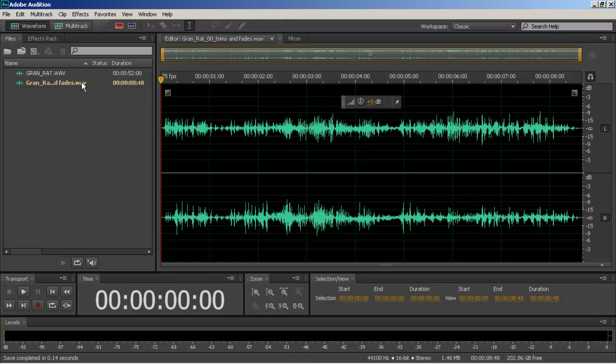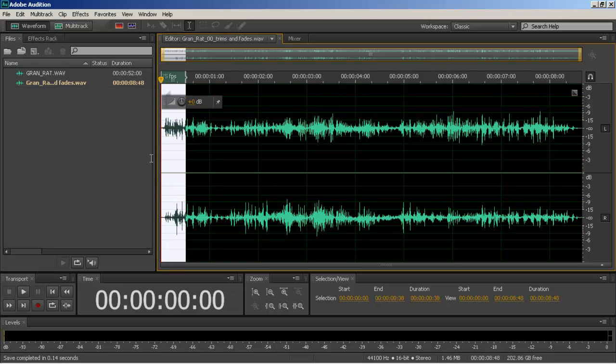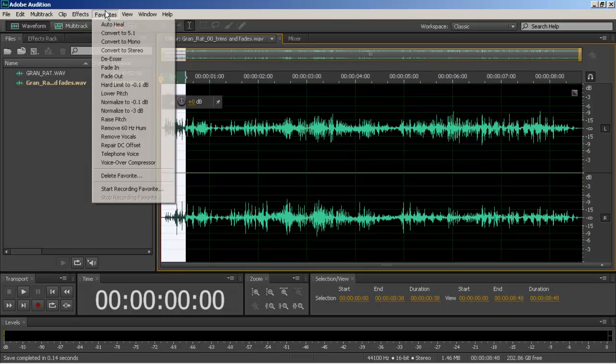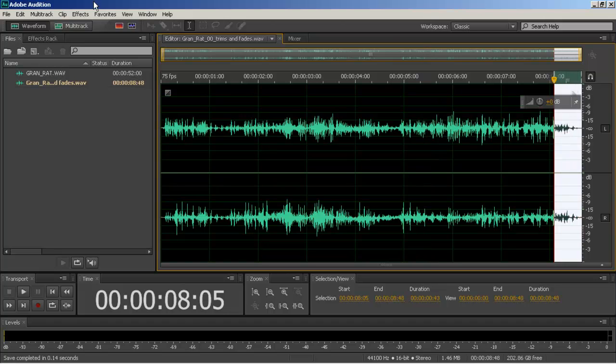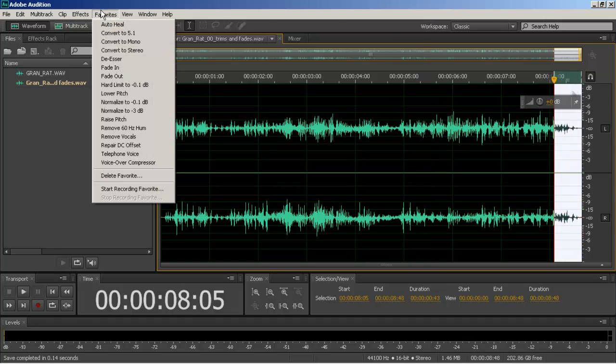But we want to apply some fades just to make it a little bit nice so there isn't much of a jolt. You can do this a couple ways. You can select an area, go up to favorites and hit fade in, or if you are working on the tail end of the audio, you can go select the tail end as I just did and hit fade out. Audition also has a couple of pretty neat